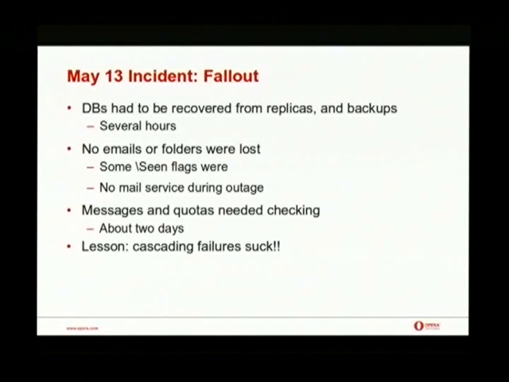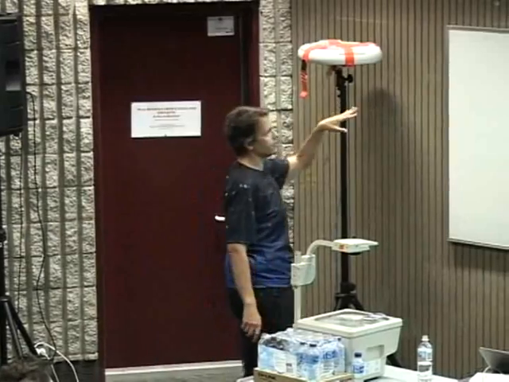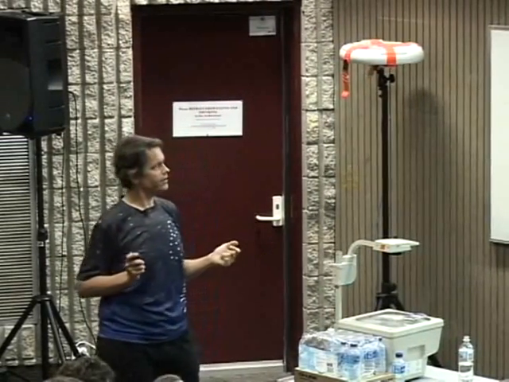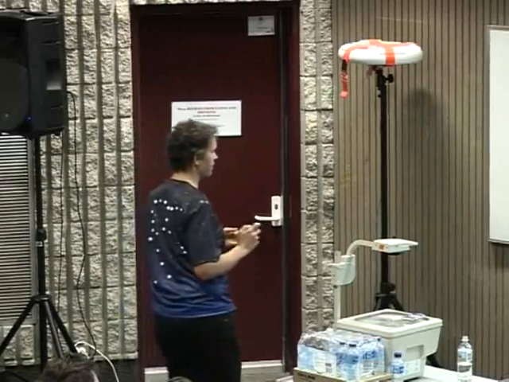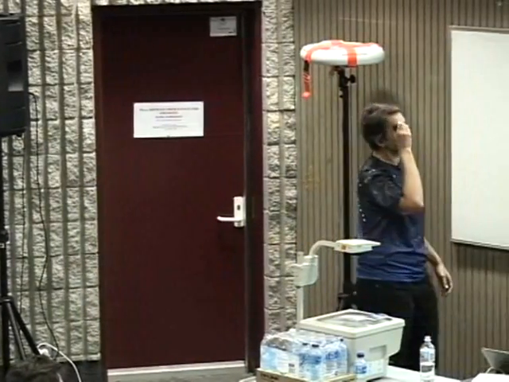It was a several hour outage in which all the databases had to be recovered from replicas and backups. The replicas didn't save us in every single case. No emails were lost, no folders were lost. A bunch of dynamic flags like seen were. Nothing actually dramatic. A few people were confused when they logged in and read email was less read than they thought it was. Of course, there was no service during the outage, and it took us about 2 days to